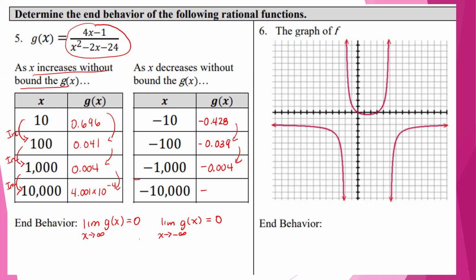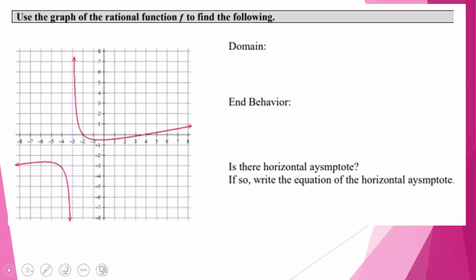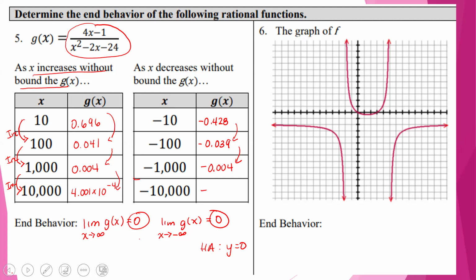Okay, hold on. So if both of these go to the same number, that is actually your horizontal asymptote. You have a horizontal asymptote at y equals 0. Okay, you guys can finish the notes. I think you should be okay. You can finish the notes, and there's a small worksheet on Google Classroom. Hold on, let me end this so it can